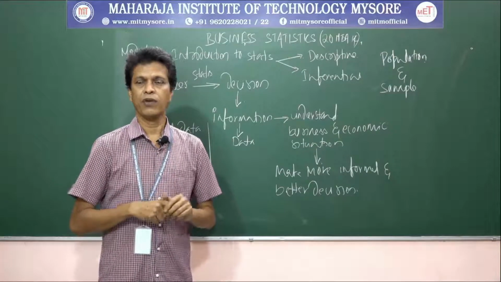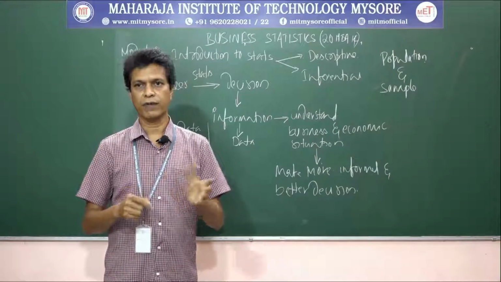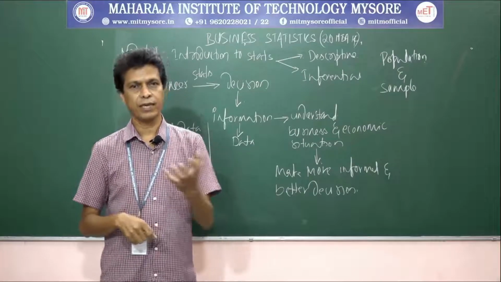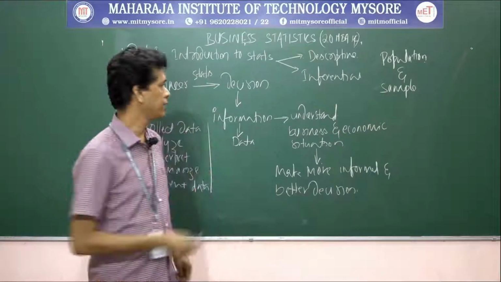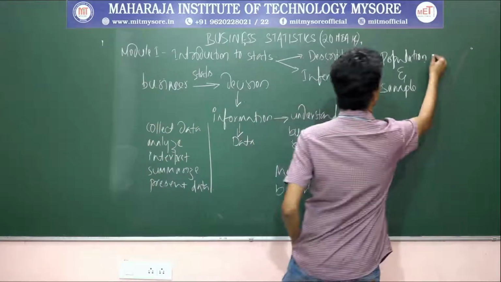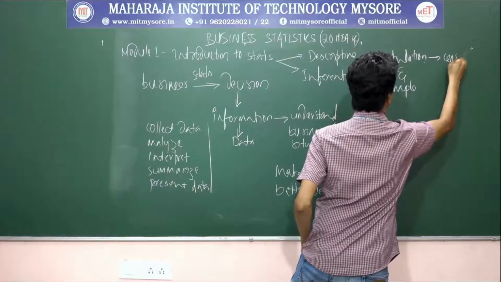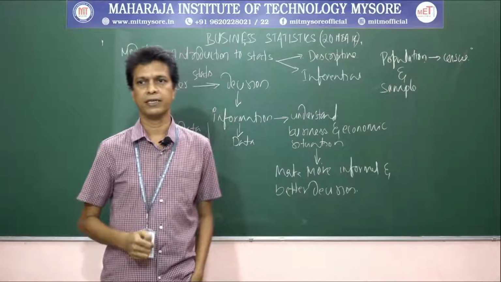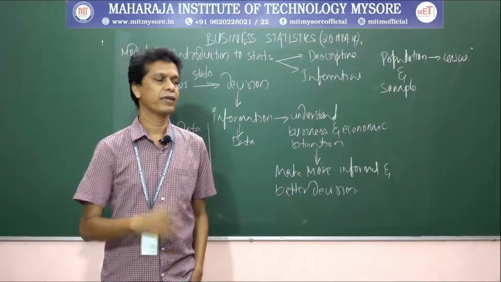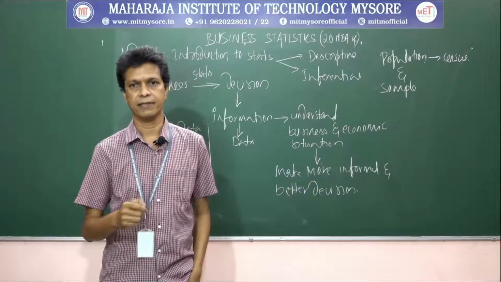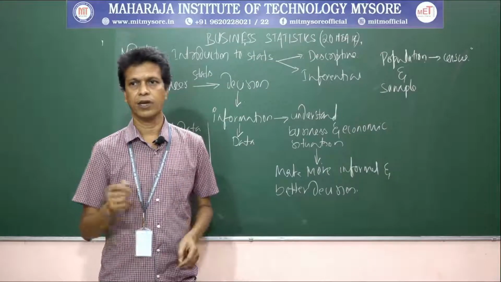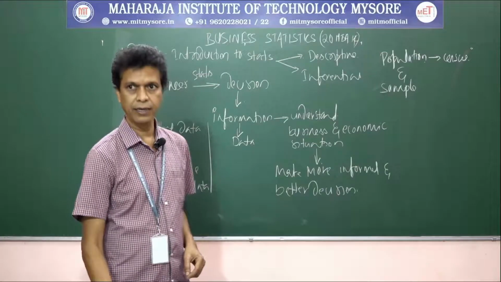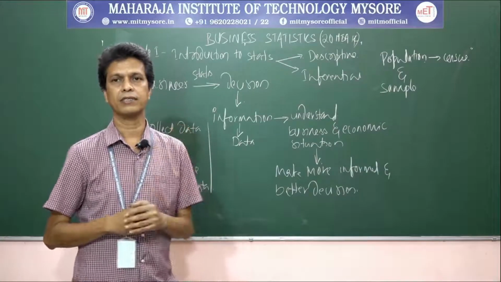is studying. When researchers gather data from the whole population for a given measurement of interest, we call that a census. Another term associated with population is census. When we gather data from the whole population, we call that a census. We are familiar with the census in India. Every 10 years, the government of India attempts to measure all persons living in this country. So that is called the census.